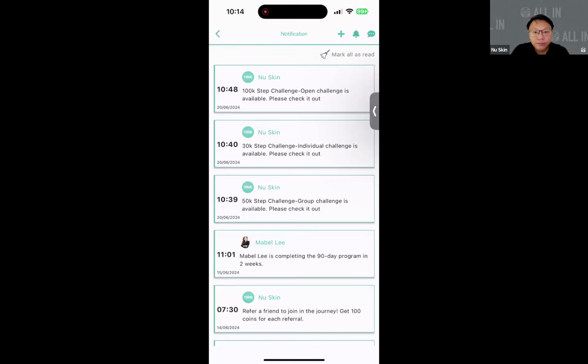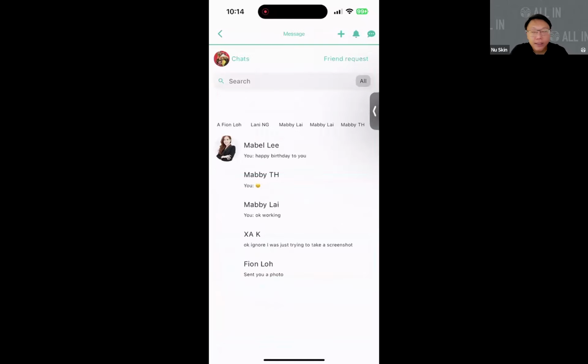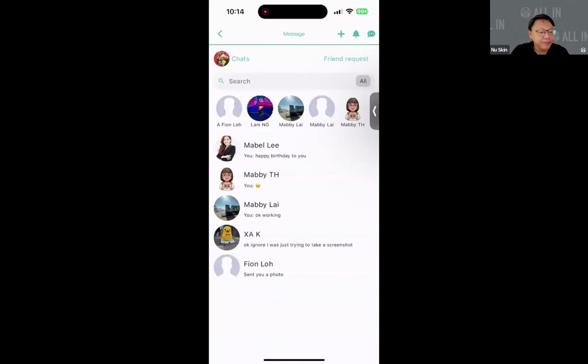The third icon, which is the most extreme right, that looks like a speech bubble, that one is our message center. Okay, so this is a quick chat. You can either do a group chat or a one-on-one chat. This is the part where you can connect with your customer or the other way around. It's almost like Facebook Messenger, WhatsApp, Line, any chat application that you can think about.